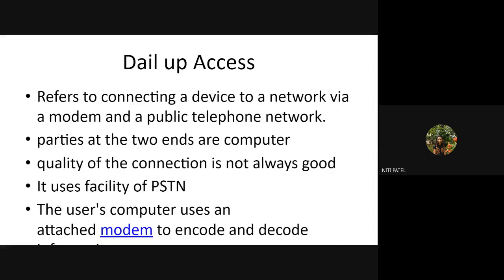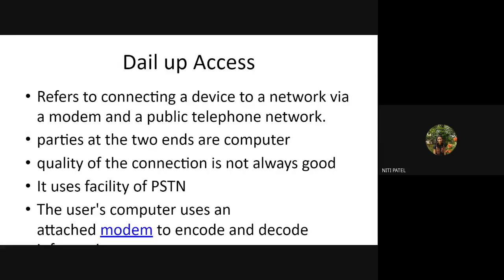Whenever you want to connect to the internet, you first have to dial the number from the telephone. Once the number is dialed, you will have connectivity with the service provider, and then the connection will be provided to your modem. I repeat, the difference between PPP connection and dial-up access is, in both cases, two computers can communicate. In both cases, you have a connecting device which is a modem. In both cases, you have telephone devices. But in PPP, your internet connectivity is directly given by the service provider to your modem device, and you do not have to dial any number over there.